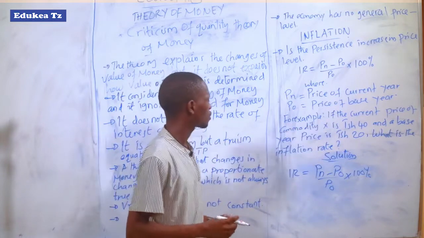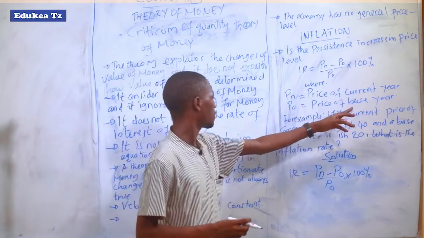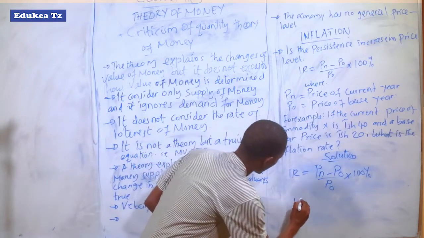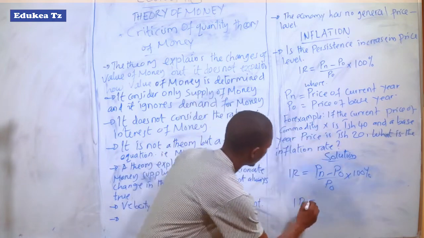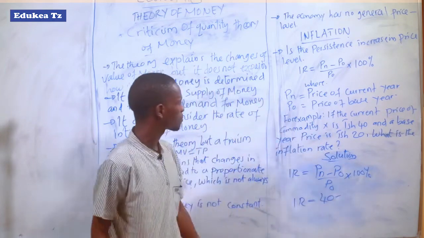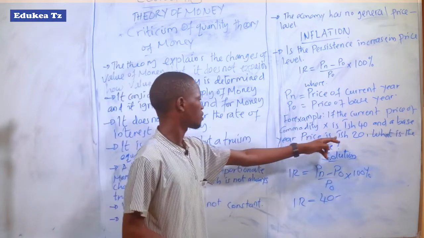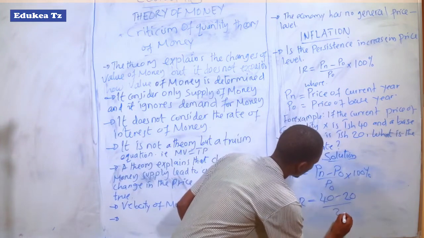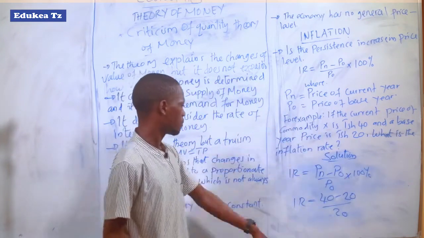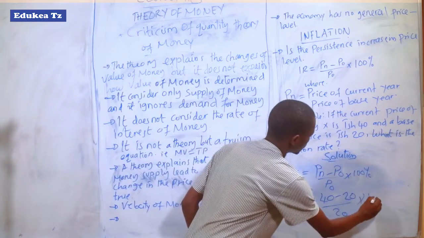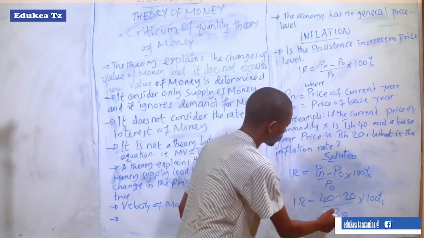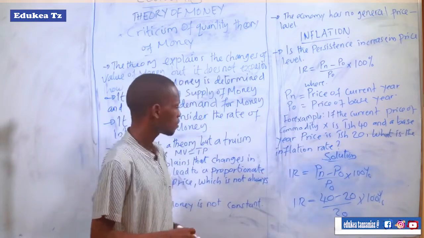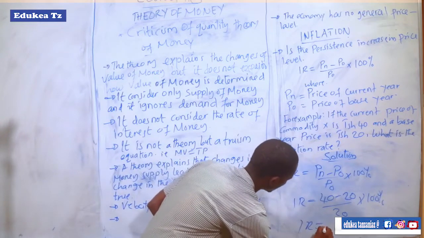So in our question, the current price of commodity X is Tanzania shillings 40, so we take 40. Then we subtract the base year price of Tanzania shillings 20. So we subtract 20 here, then we divide by 20, which is the price of base year, and we times with 100%. If we subtract, we get 20. 20 divided by 20 equals 1, times 100%. Now we get an inflation rate equal to